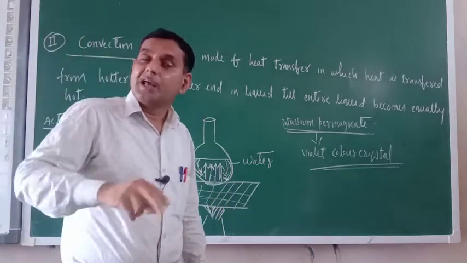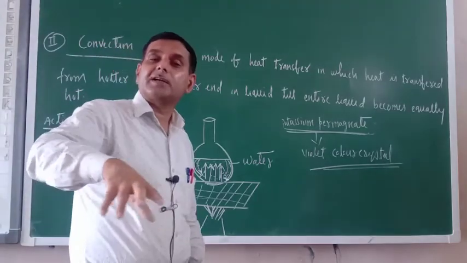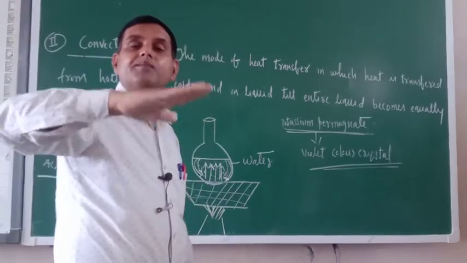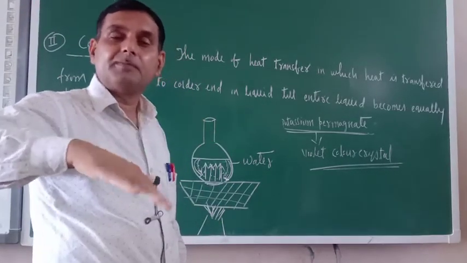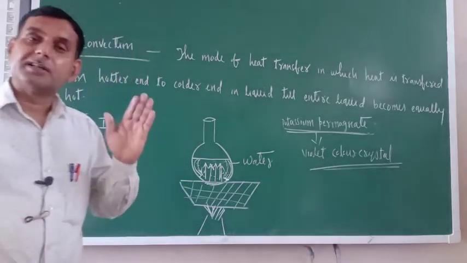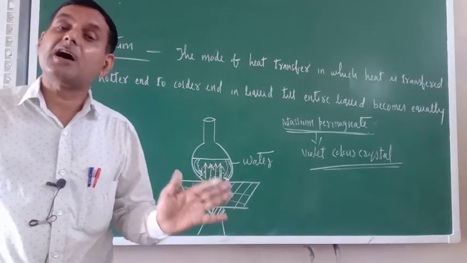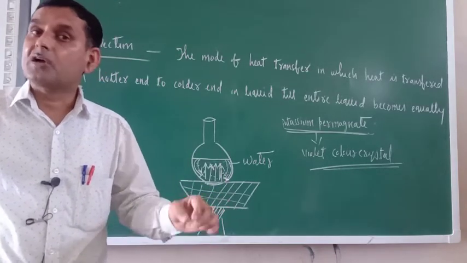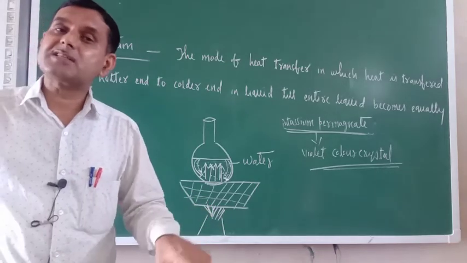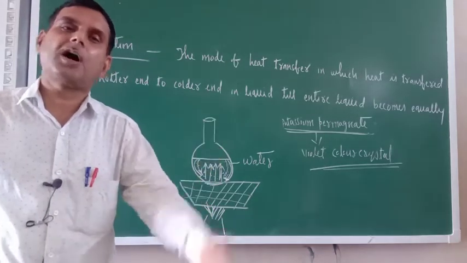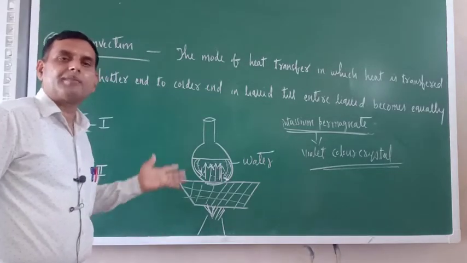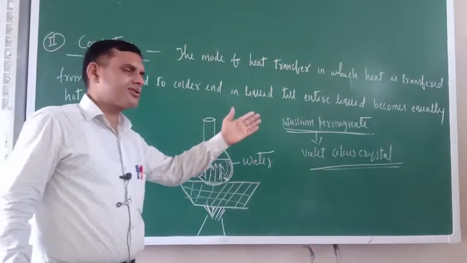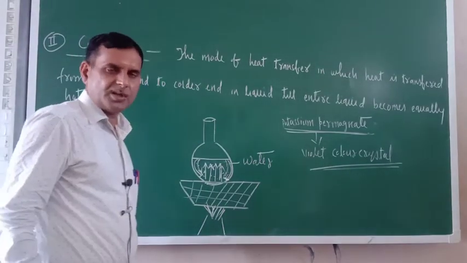What is the reason? The air which is coming in contact with the flame becomes hot and rises up. That is why the palm which is just above the flame becomes more hot. The hand at the sides will not feel that much heat, because the air at the side does not become so hot. So these are the activities which you can perform at home also. The first one can also be performed, but the only thing is you should have potassium permanganate.